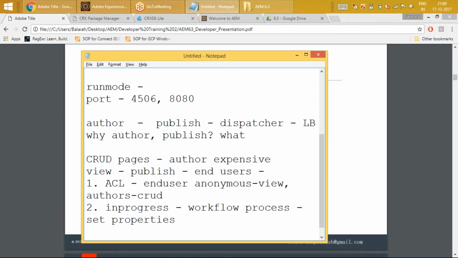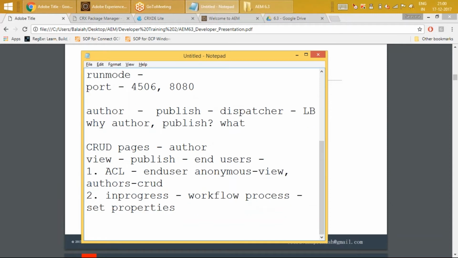What else? Any other thought? You can do the load balancing and all those things in the publish instance. Okay, rollback, good point. Yes, agreed. But still, can I do a rollback by controlling the properties alone on the page, wherein those properties get reverted back? Or think of this.